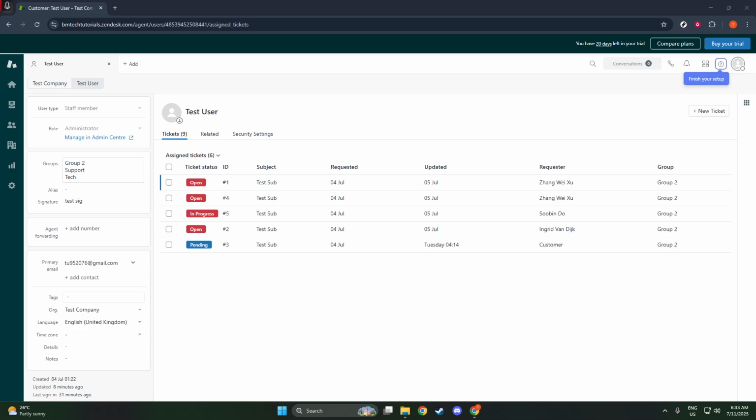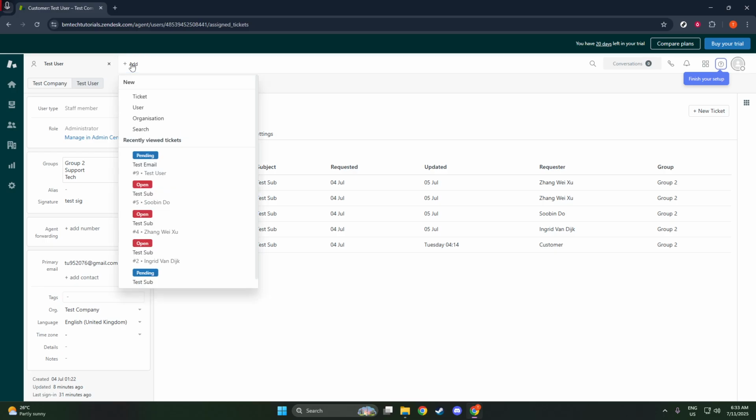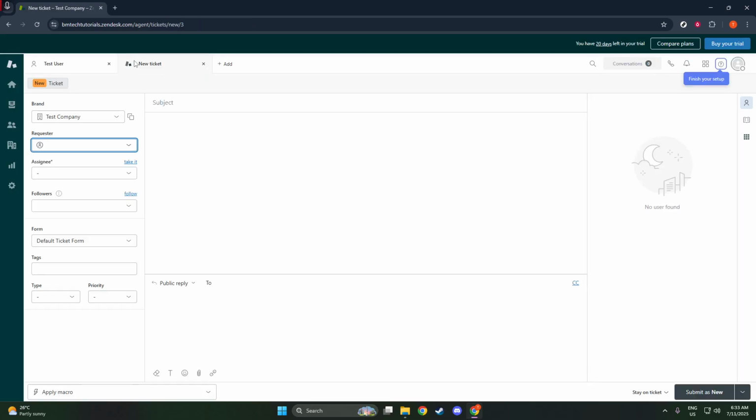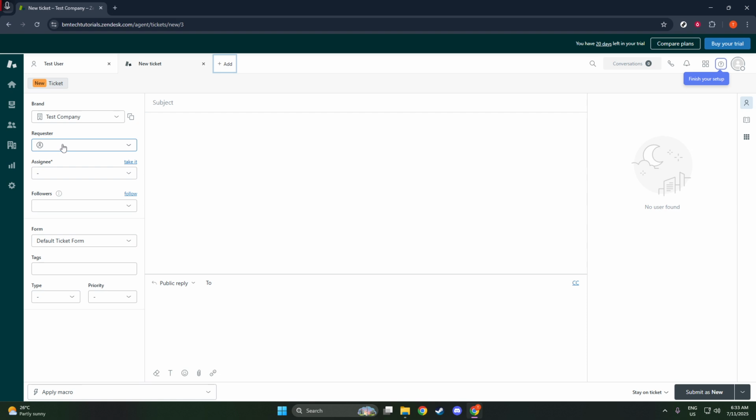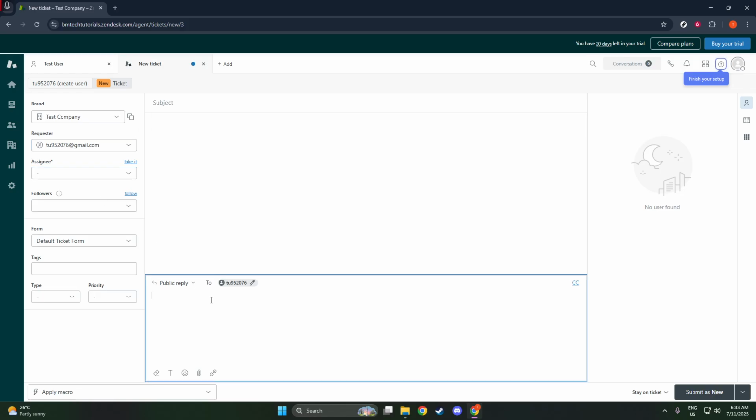First, you'll need to get started by going to the Views section in Zendesk. From there, you'll notice there's an option labeled Add. When you click on Add, you'll see another option labeled Ticket. Alternatively, you might see a button with a plus sign, marked as Plus Add, which also gives you the ticket option. Both of these pathways lead you to the same outcome, so feel free to choose whichever feels more intuitive to you. This step essentially sets the stage for you to create a new communication entry in the form of